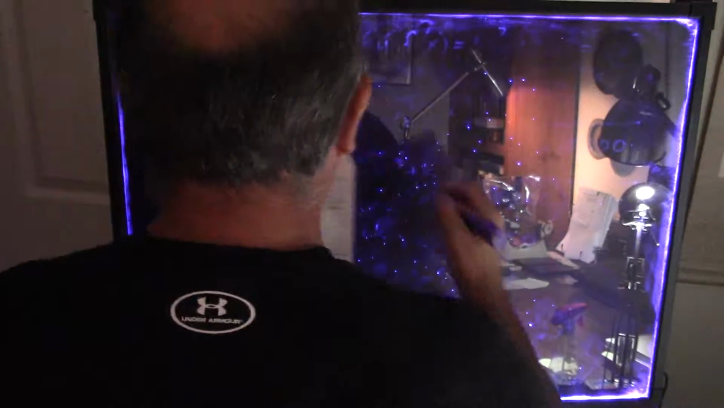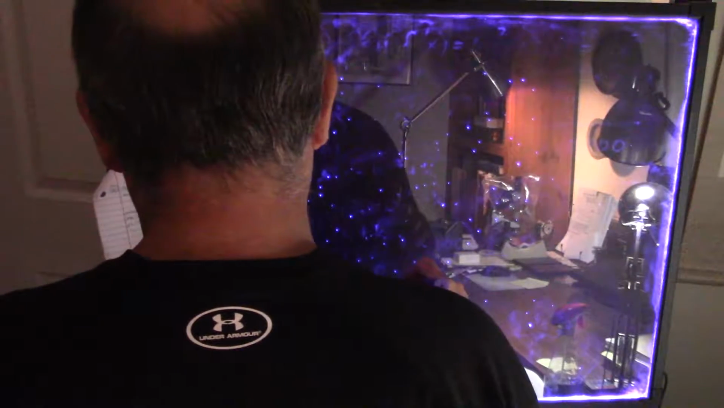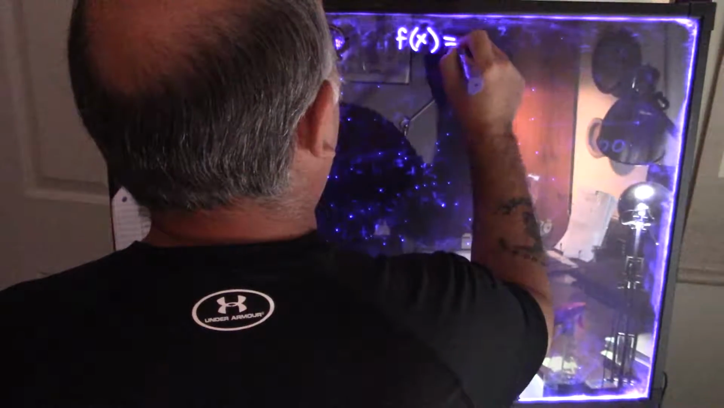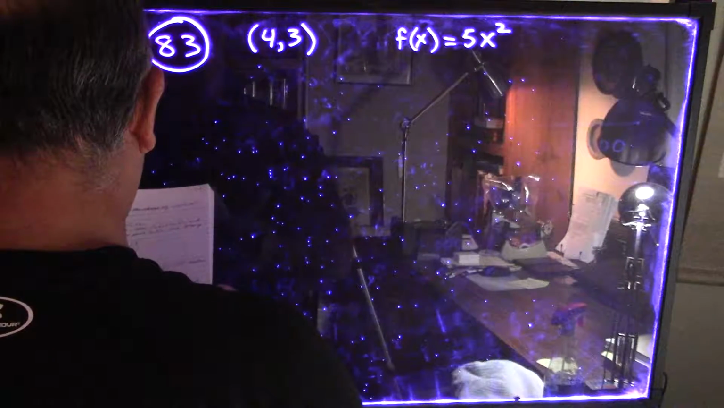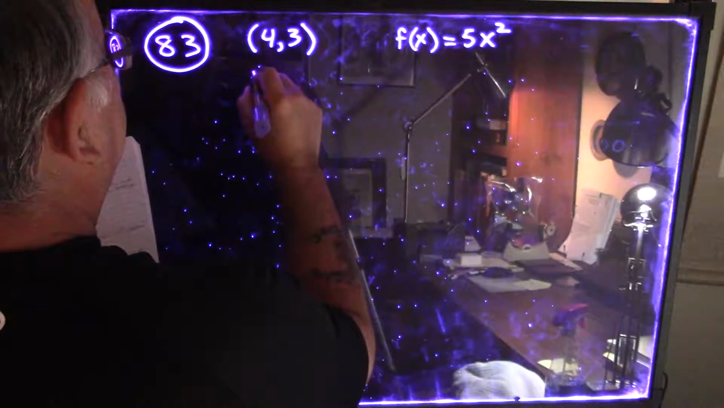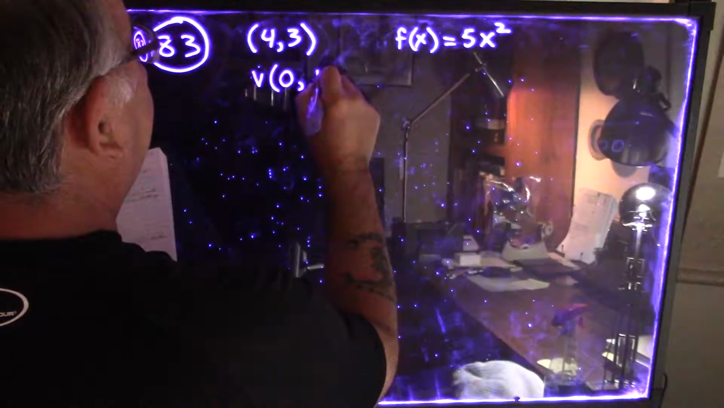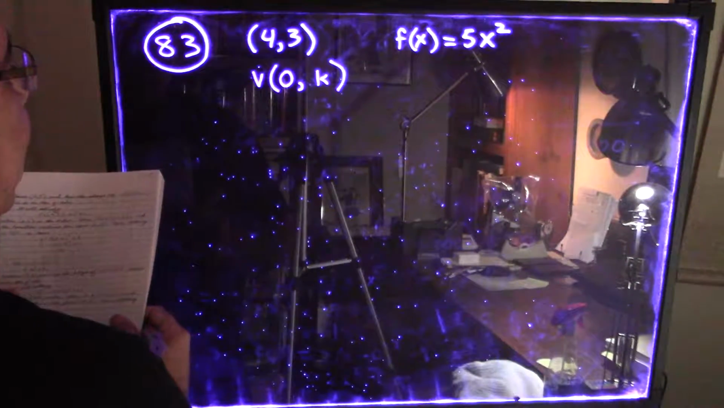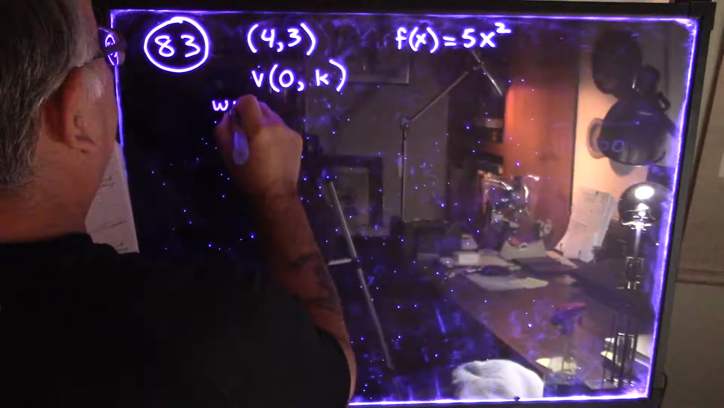Number 83 contains 4, 3. And it's shaped like f of x equals 5x squared. Okay, so the vertex is on the y-axis. Once again, that means the x-coordinate on the vertex has to be 0 in that case. So the coordinates that we know so far for the vertex are 0k. And it will satisfy